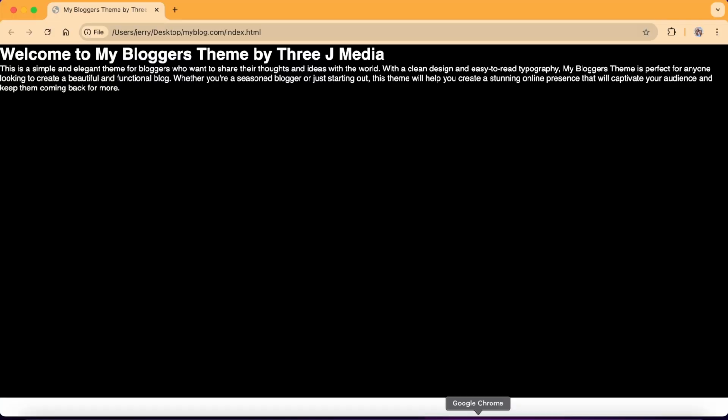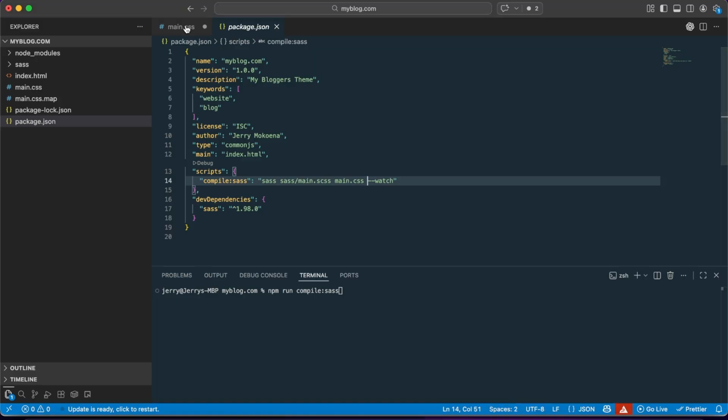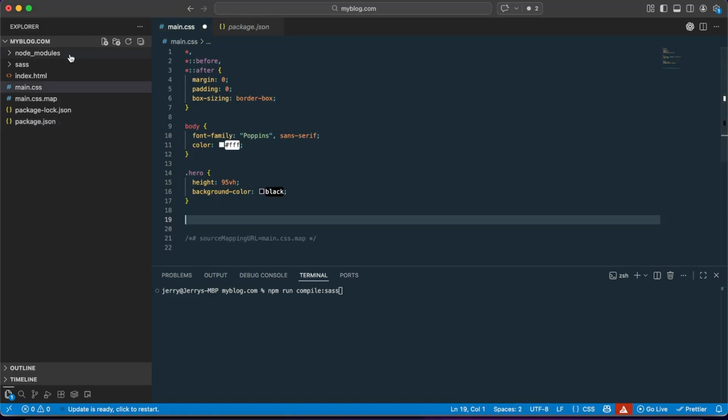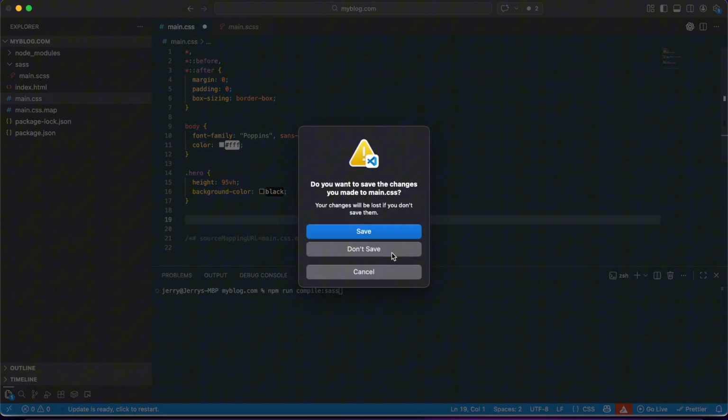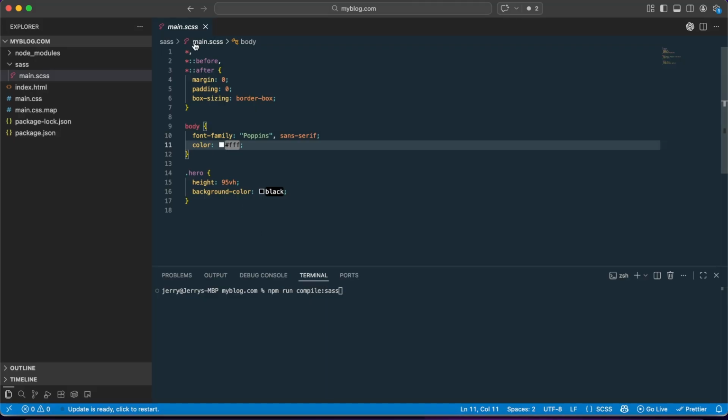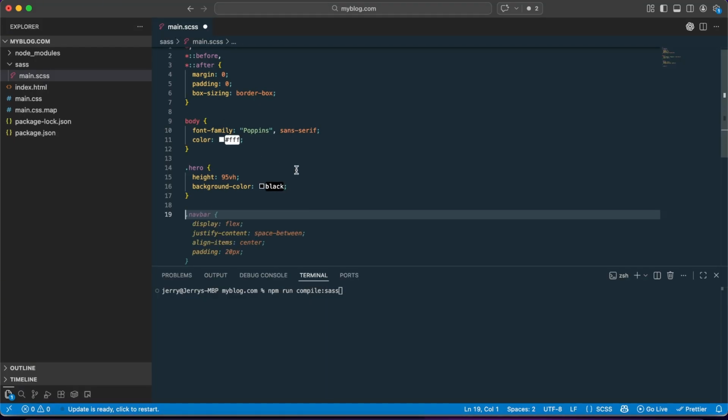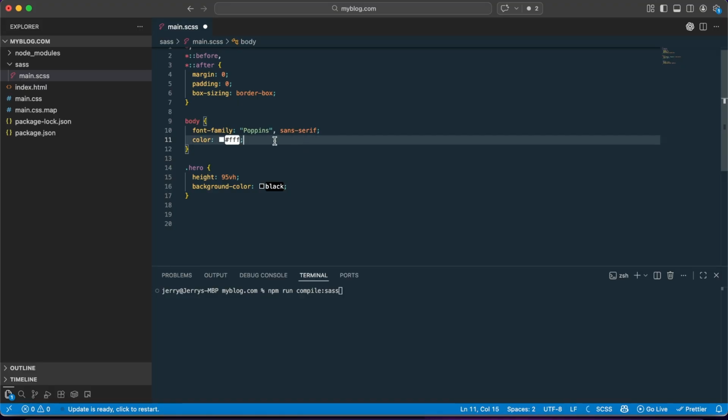Because right now, I think you can see changes don't happen without you saying. Let's make an example. You see this? I'm going to say text transform of this to uppercase, and you'll see it will not change until we refresh. Let me go to our SaaS and close the main.css. What did I do? Don't save. Yeah, so we are on main.scss. What I wanted to do is